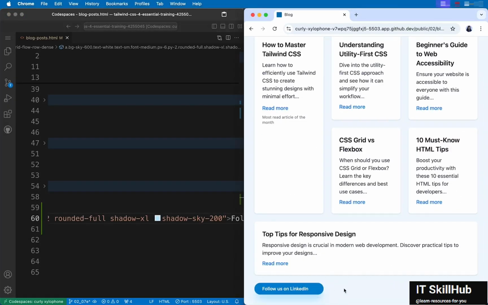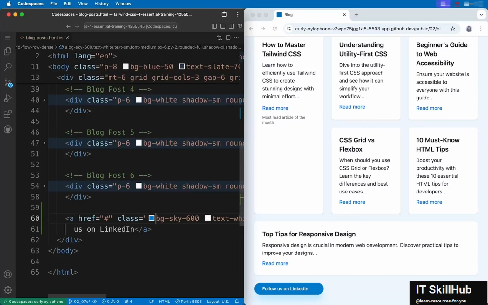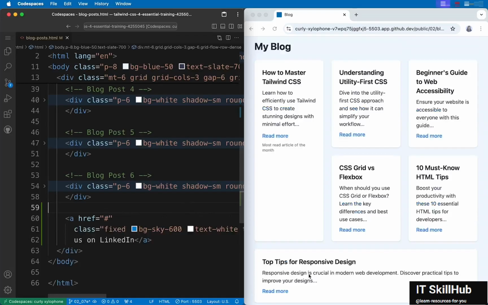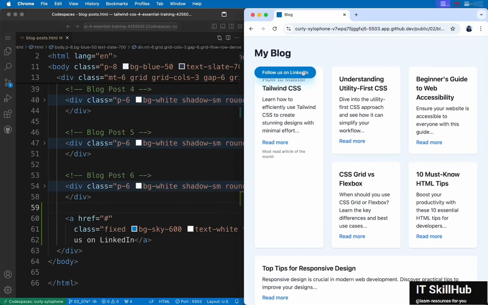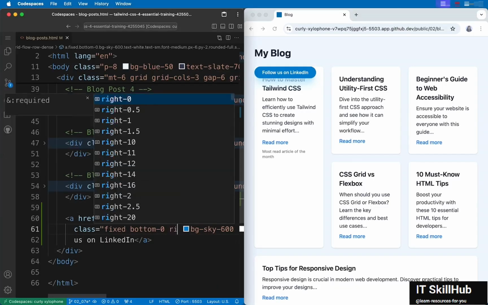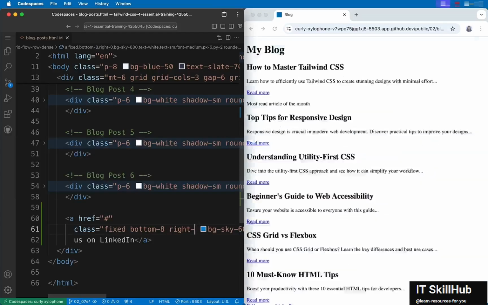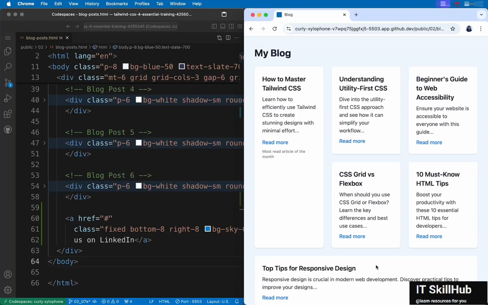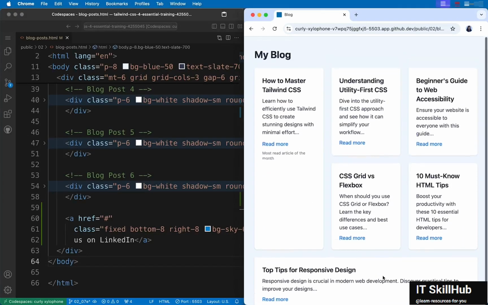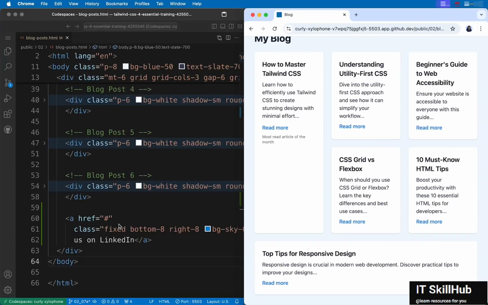Now this link is right here at the bottom following the document flow. Let's add a class fixed to it to remove it from the document flow and keep it fixed. But where has it gone? So you see, this is where it appears by default. So let's position it at the right bottom of the page using the properties left, right, bottom, and top. So here you could say bottom-0 and right-0 to quickly put it at the right bottom corner. Great, but we want some offset. So let's change this to bottom-8 maybe and right-8. And now this is perfect. Now even if you scroll the page, notice how it's sticking right there at the bottom right corner. This is what position fixed can give you.